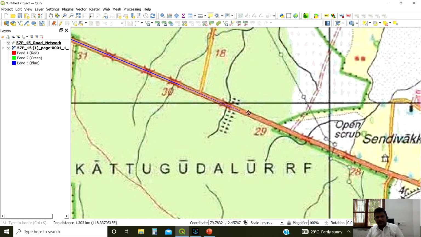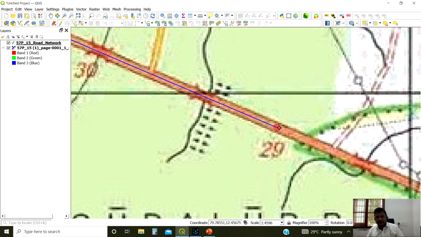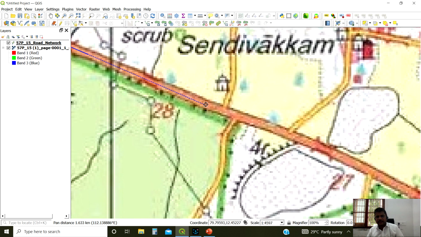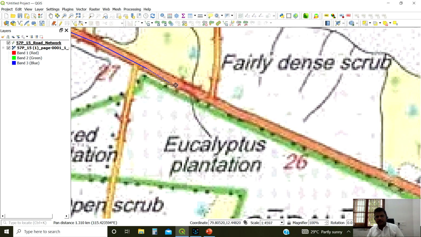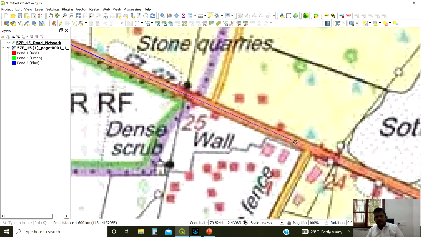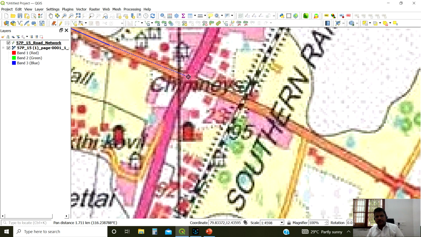So we have to capture the center line of the road. Wherever it is a straight line, you can capture as a line. If you find any curve, we have to give more vertexes. Then only it will look very nice.